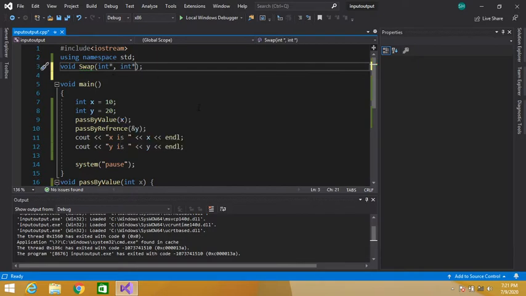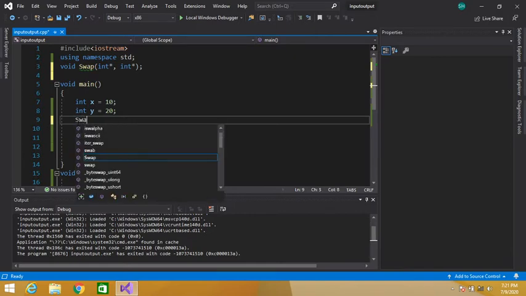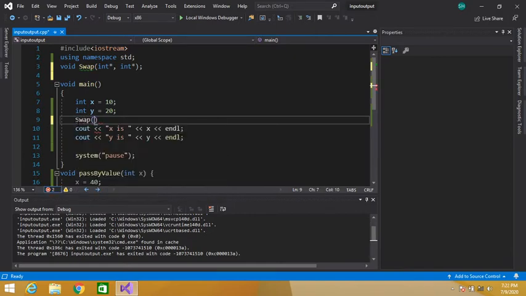We'll accept two pointers, and here we will call this swap function: x, address operator ampersand y. How to call this function? Simply write the name of the function, then in parentheses these two parameters.